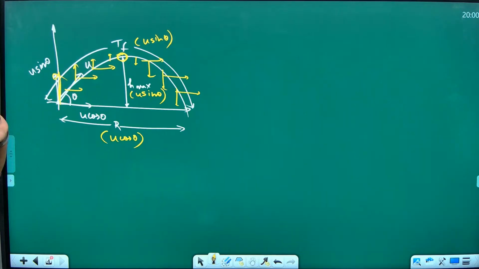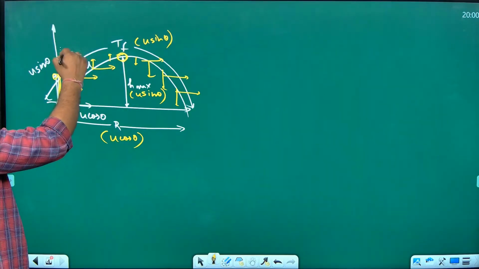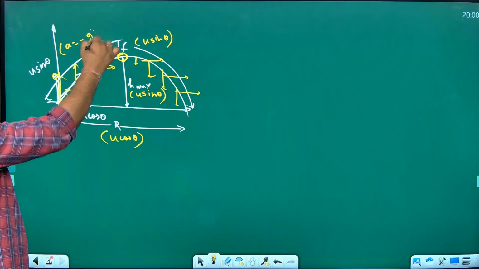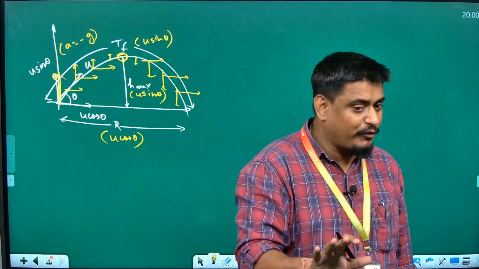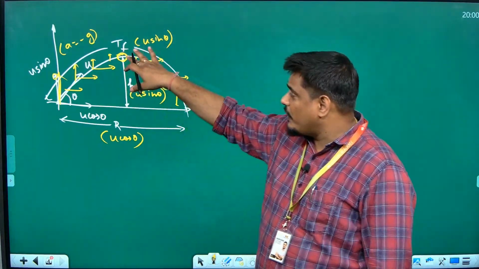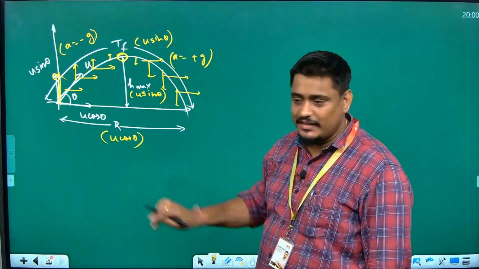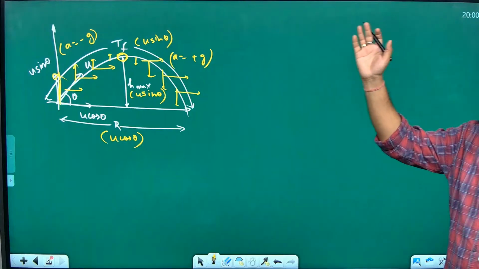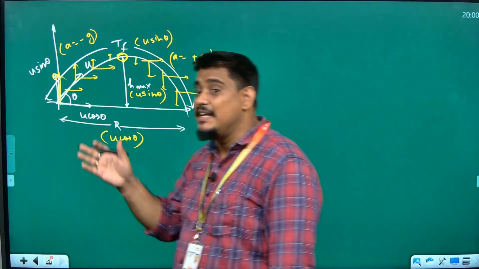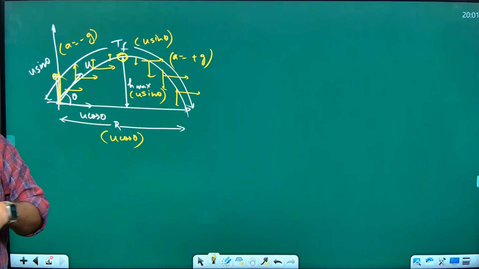Why does it become 0? Because when it is going against gravity, what is the acceleration on it? Minus g. It means it will retard it. If it is retarding, it will stop at one point of time. And then if it is going down once again, what is the a? Plus g. It will accelerate it. That's why it's increasing. So from 0 to maximum height, the velocity is reducing, becoming 0, and from maximum height downward, the velocity is increasing and becoming maximum.